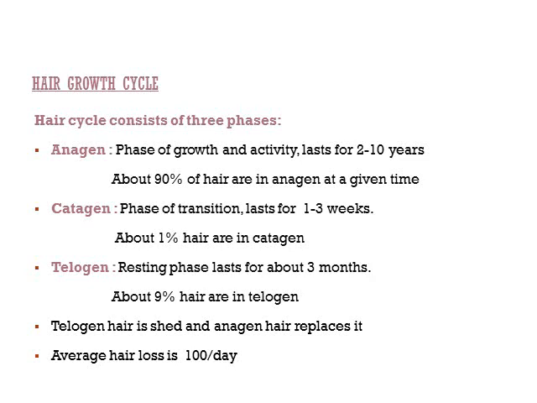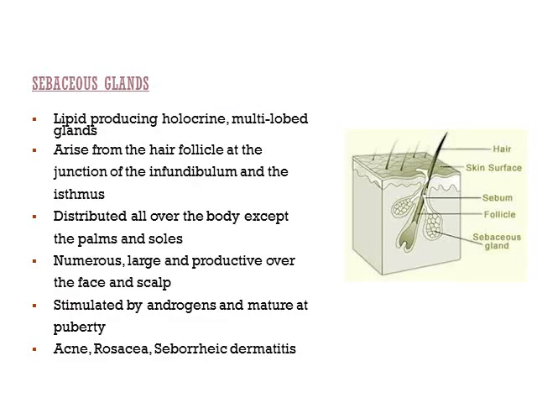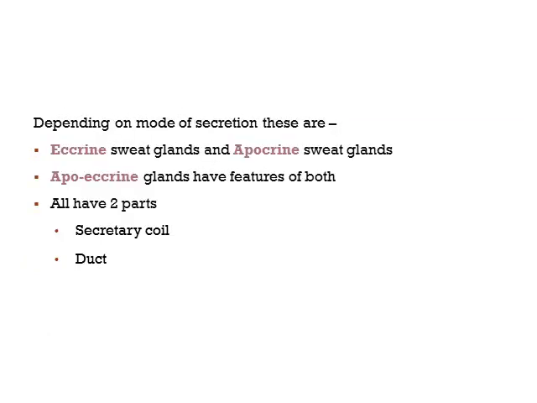So this is what the hair cycle is all about, and in an average person, around 100 hairs lost per day is considered to be normal. Then we have the sebaceous gland, which is related to production of sebum, that is oiliness on the face, and there are many conditions associated with the sebaceous gland, such as acne formation, pimple, which is a very common thing that we call, and seborrheic dermatitis is also associated with the sebaceous gland. Then we have certain other glands such as the eccrine gland, which is a sweat secreting gland, and then we have apocrine glands,